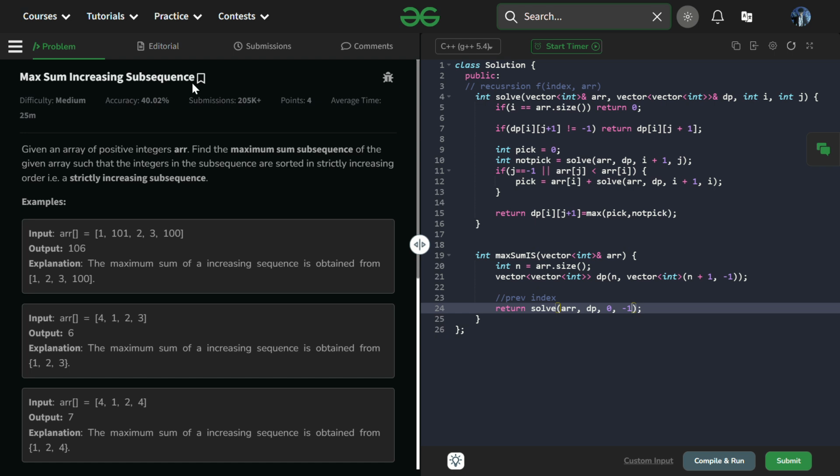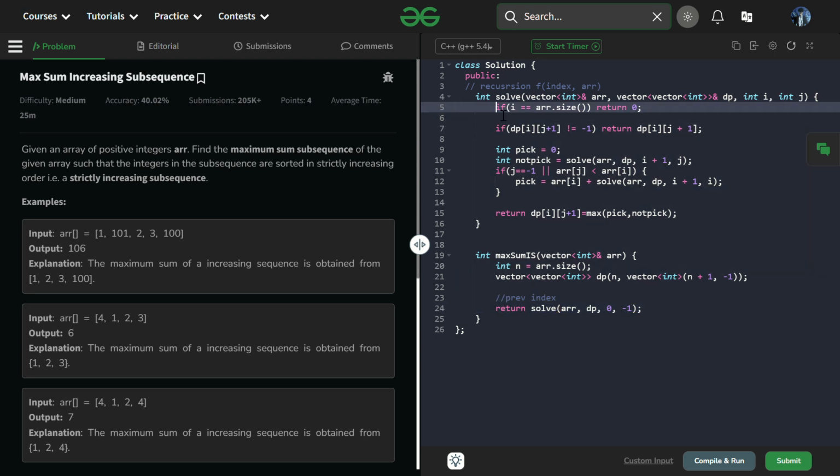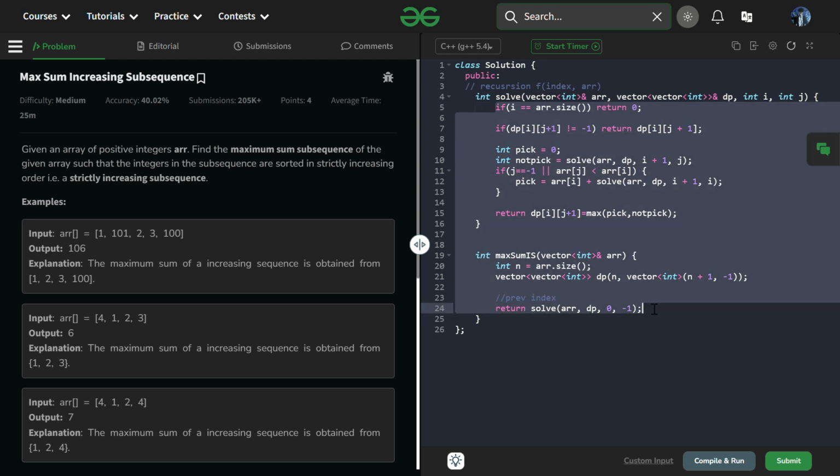In the meantime, go and solve this question by yourself. First do the recursion part, then do this. Right now I have done the memoization part, right. The tabulation part is homework for you, right. So you will do the tabulation part,